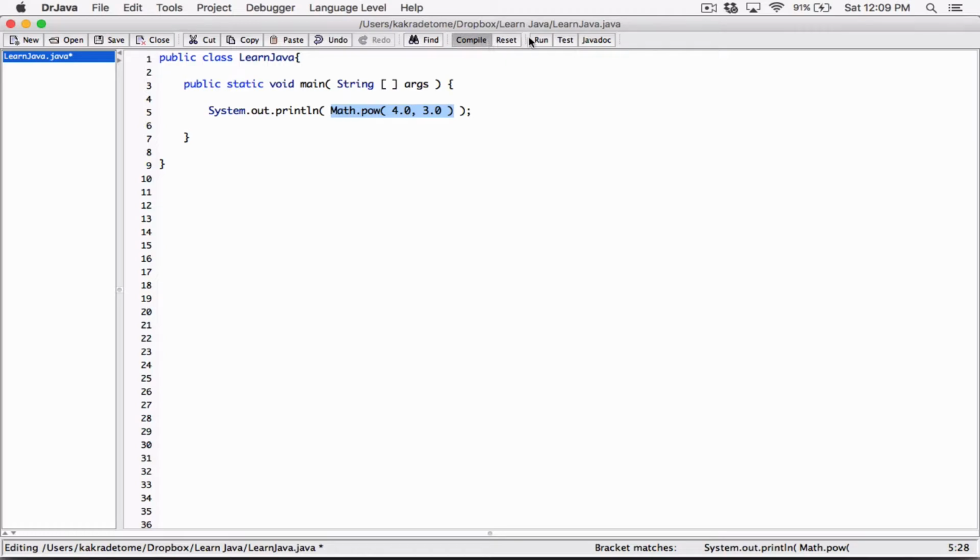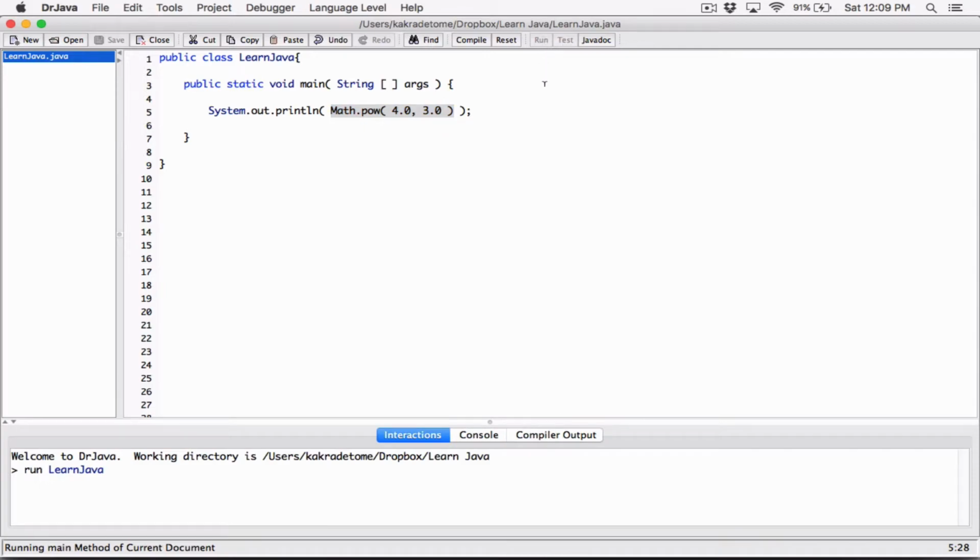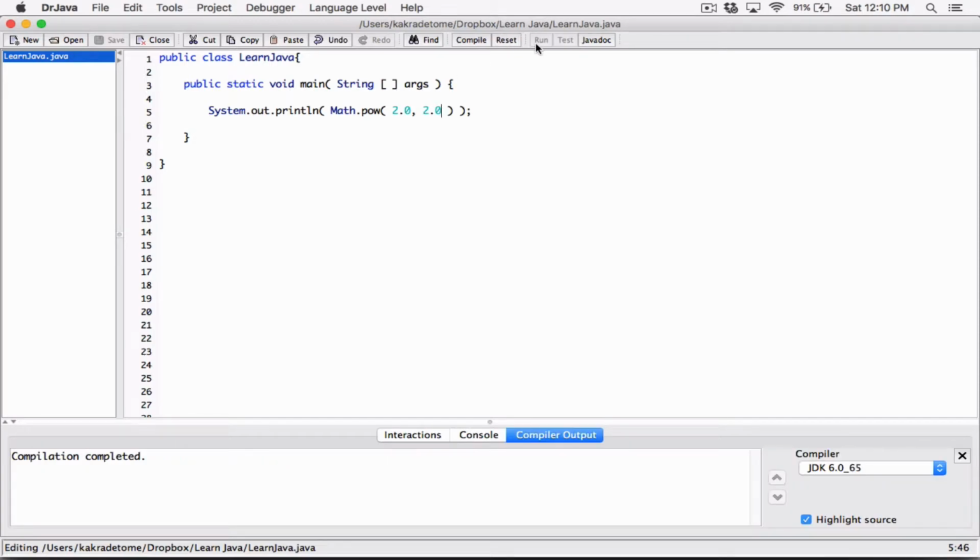So when I compile this and run this, we can see 64, right? And we can check this. So you can also do something like 2.0 raised to the power 2.0. Compile this, run it,